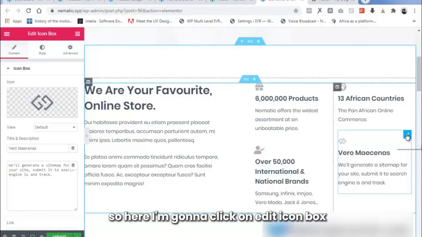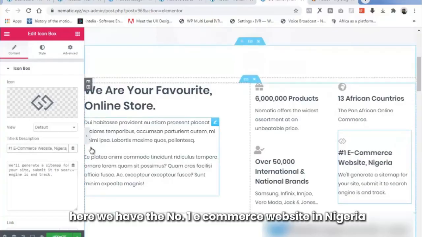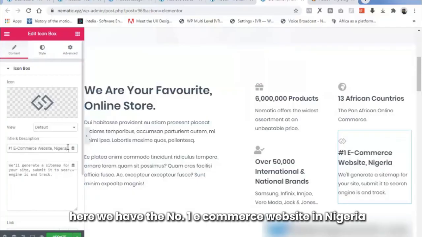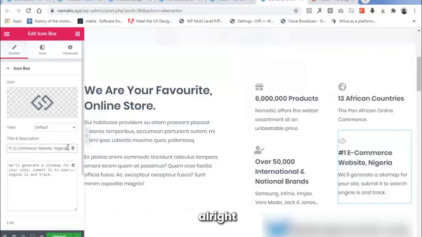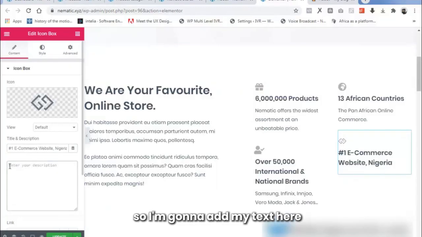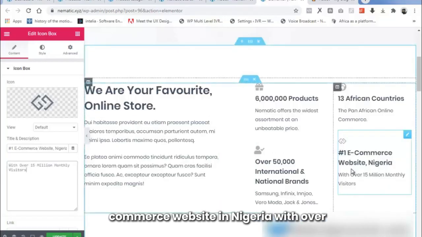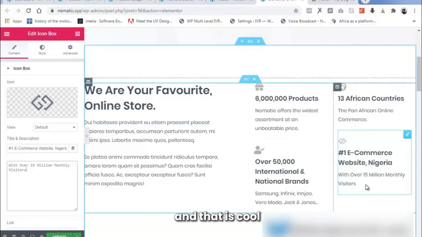So here I'm going to click on edit icon box. So here we have the #1 e-commerce website in Nigeria. Alright, so here for the text, I'm going to add my own text. Okay, so I'm going to add my text here. So as you can see, the #1 e-commerce website in Nigeria with over 15 million monthly visitors, and that is